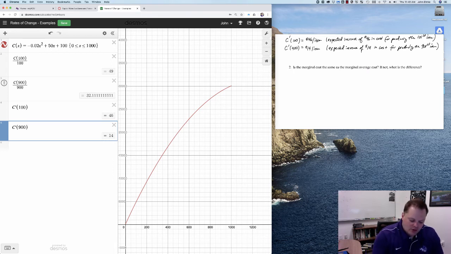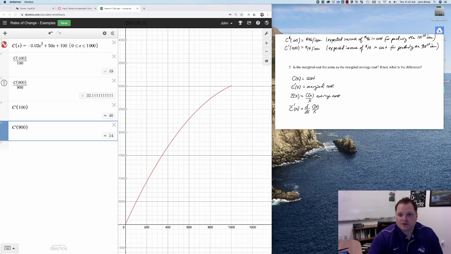Well, to answer that, we know marginal cost. So if C of x is our cost, we know that C prime of x is our marginal cost, because remember, marginal means take the derivative in this context. We know that the average cost is given by this. And so the marginal average cost would be the derivative of this quantity,